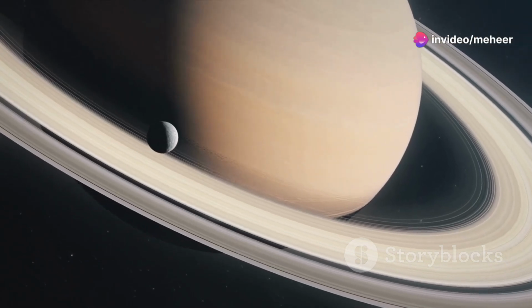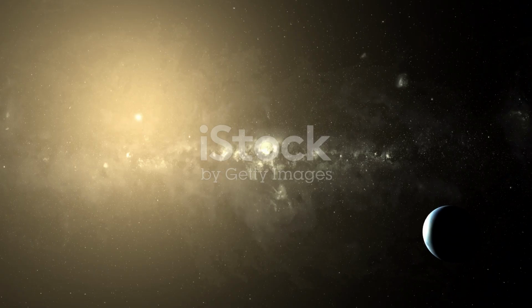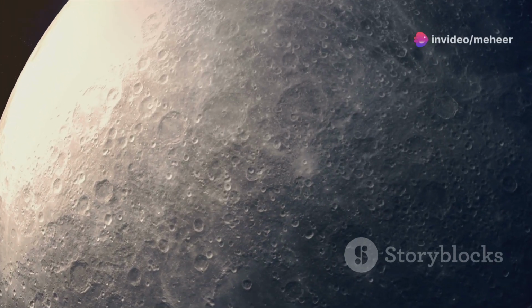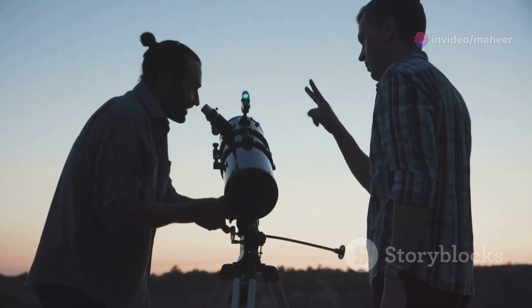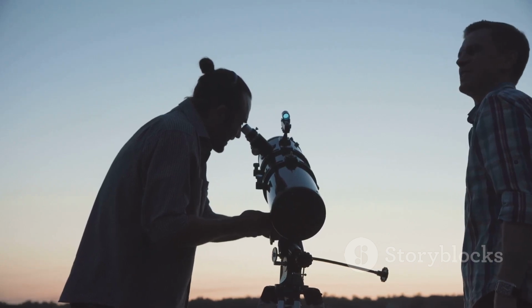Section 10. A tiny moon, a vast universe. Psamathe's enduring allure. In the grand scheme of the cosmos, Psamathe may seem like an insignificant speck of dust. However, this tiny moon, with its strange orbit and icy secrets, holds a certain allure for astronomers and space enthusiasts alike. Its discovery reminded us that our solar system is full of surprises, and there's still much we don't know